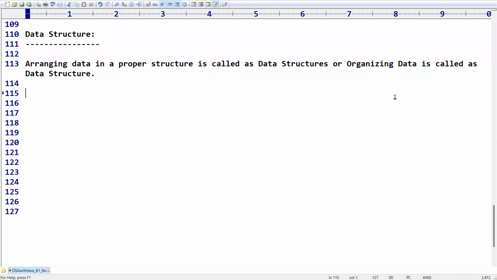I may use the arrays concept, or I may use the linked list concept. If you store the data in variables, you can't sort the data, right? That's why if you depend on data structures, n number of applications we can get, right? Sir, what advantage we